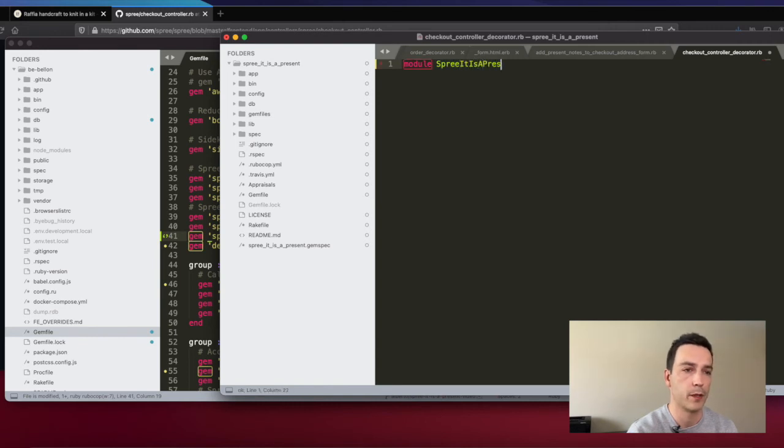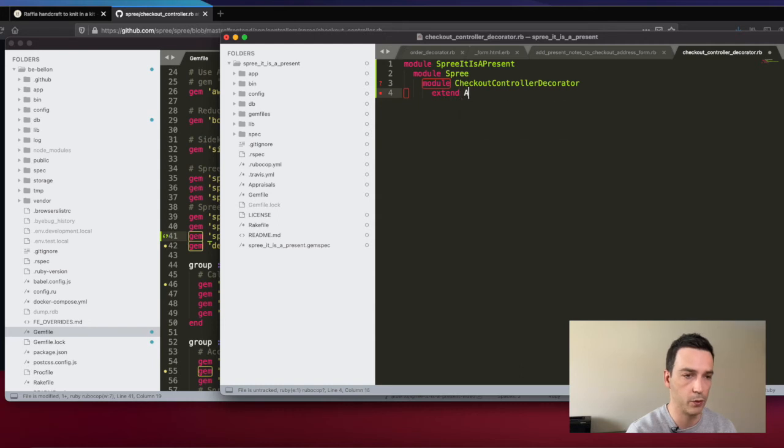It is SpreeIsAPresent, module CheckoutControllerDecorator,